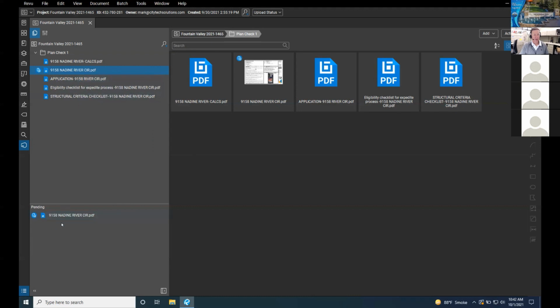This is going to say now it's checked out. You can see my icon change. It changed to a little paper document. And if I hover over that little circle, it says it's checked out. And if it was checked out by somebody else, it would tell you the email address for that person who has it checked out. So if you try to do this plan check and it says it's checked out by somebody and you can't check it out, then hover over this little icon